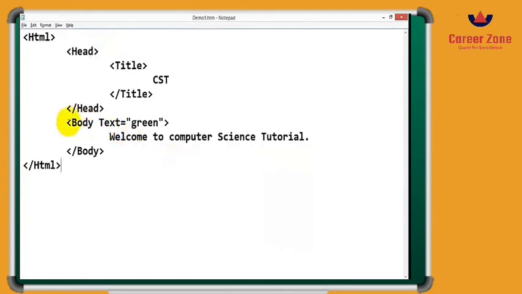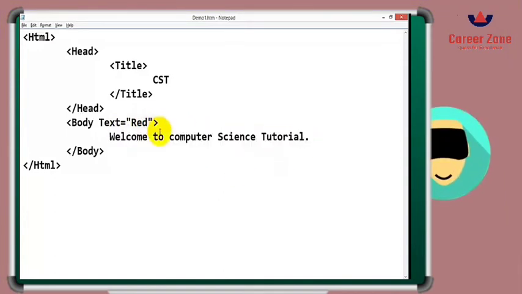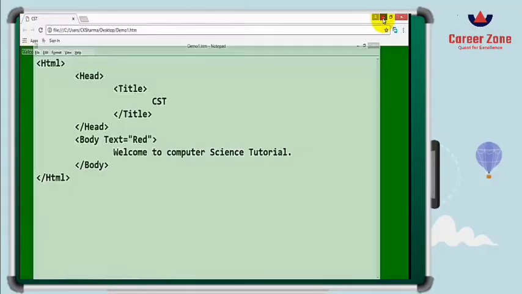Now we have defined the color to green, but right now we have not saved the changes, so it was not effective at that time. I will make the changes here and then save it. So here I have written the color of the text to be red, and save.